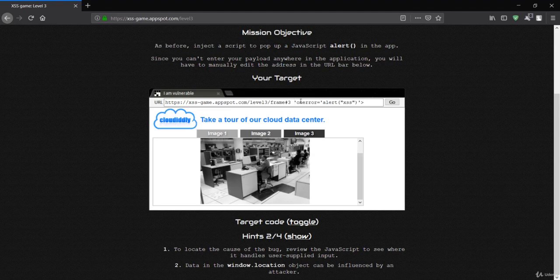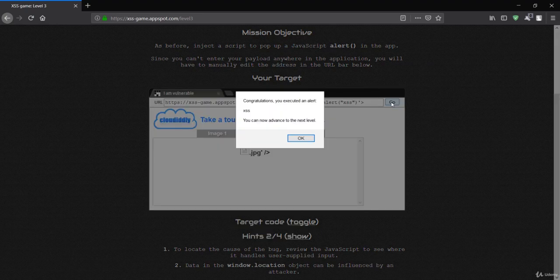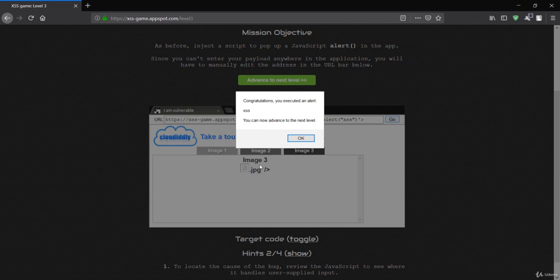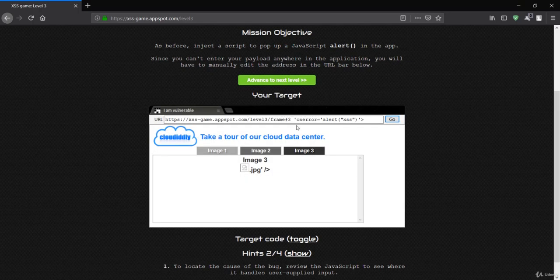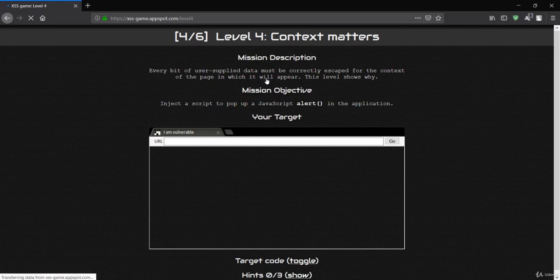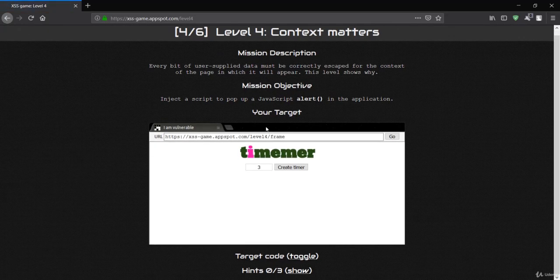So what we just did here was, if it fails to load the image, we'll just give this alert. So if I just press go, let's see if this works or not. So it is working. That means this image has not been loaded, and we just get this alert because this part has been executed on error, which is our event when there is an error and the image fails to load.